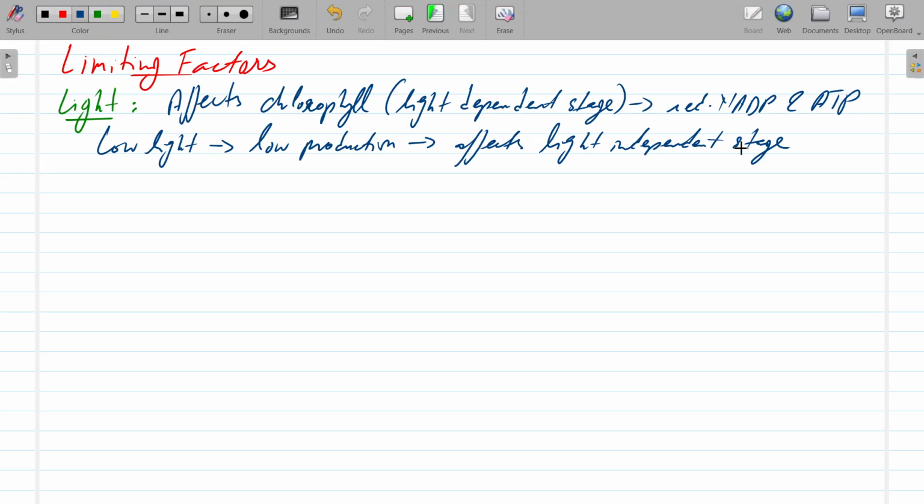and we can understand, okay, fine, how is it going to affect the light independent stage, right? And so we're going to have less glucose being made, and therefore light becomes a limiting factor, right? And not just the intensity of light, but the wavelength of light. So light becomes a limiting factor if there's not enough light, right? So both intensity and wavelength of light. And this is perhaps especially important when plants are kept indoors in artificial light, right? Not so much,